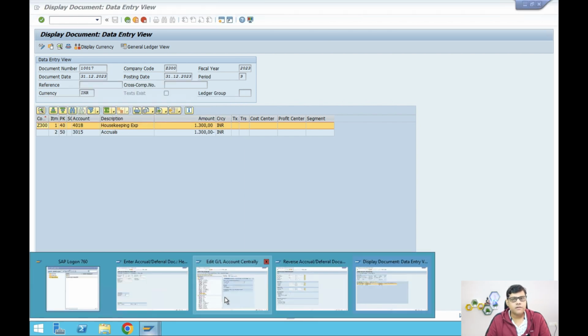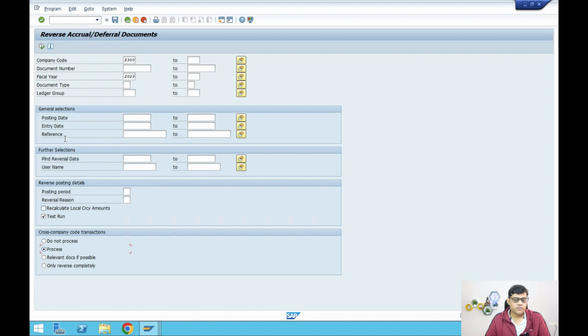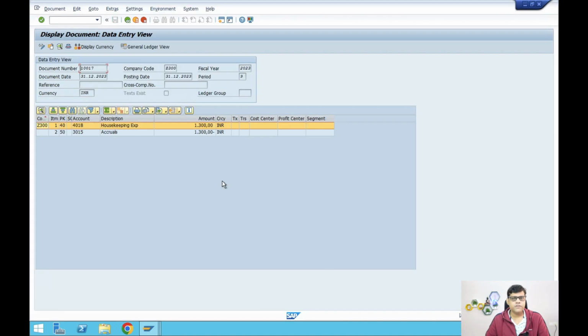So this is transaction code F.81. Here you need to select which document. I just posted one document in this company code, so that's why I'm not selecting any document number here, but if you want to particularly reverse any document, you can select that. Then remove the test run and process. Once you process, you will find the reversal document posted for this entry, because once we receive the invoice, we will post this invoice as your actual entry, which normally you know is a B60 entry.